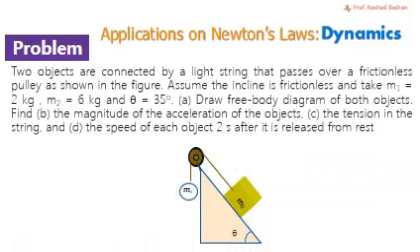In this application, another two-body problem is related to two masses. One is moving along a frictionless incline, and this mass, M2, is 6 kilograms, and the other mass is in a vertical position with 2 kilograms. The two masses are connected by a light string, passing over a frictionless pulley,